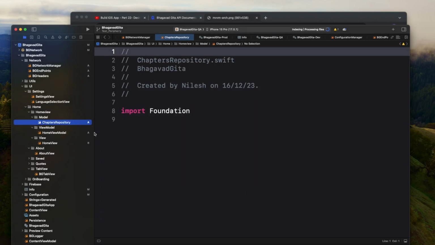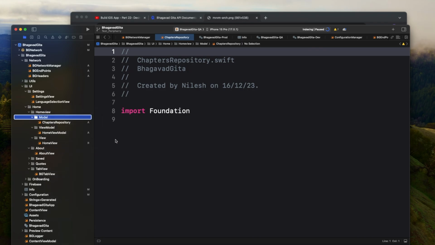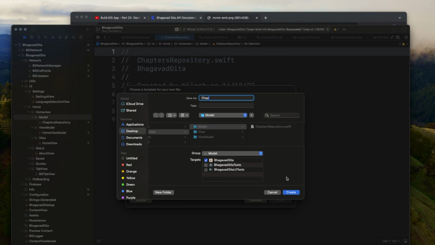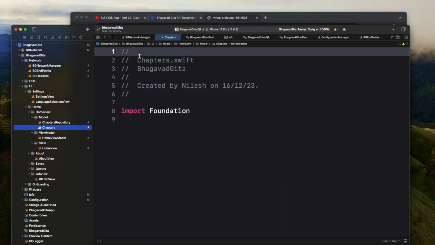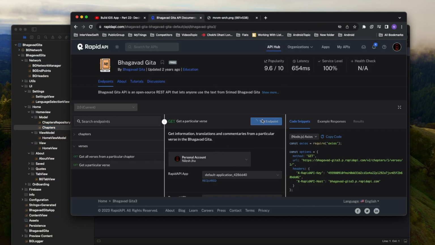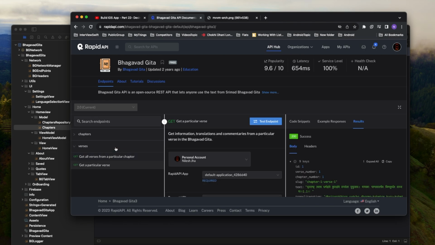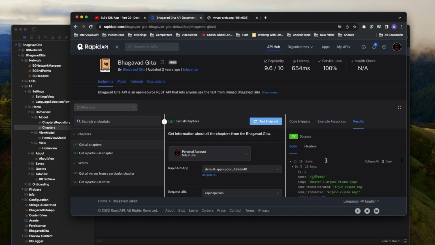Okay, and I'll also create one class for our actual model. So here let's create chapters. Now if you see here, if I click on test endpoint and get all chapters,